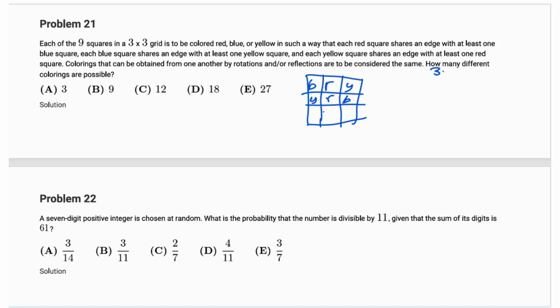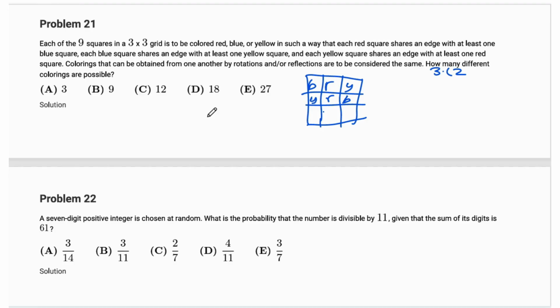And then if it's either red or yellow, if we assume that that's red, then there are 2 ways to color in the rest. So we would have blue over here, obviously, because red has to be next to a blue and yellow has to be next to a blue. And then over here we would have either red or yellow. And so that's 2 ways for if this is red. And then we can erase that,